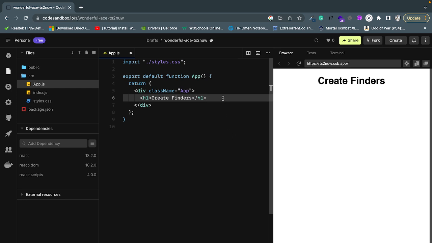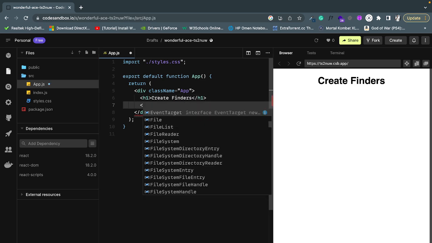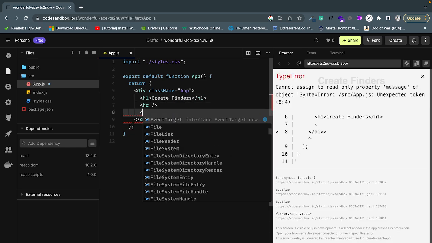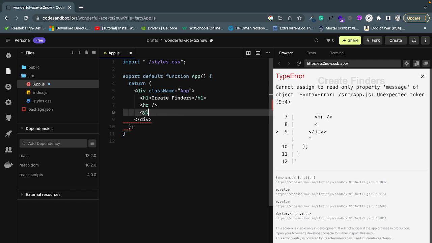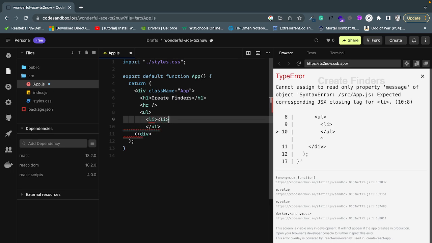So let me just tell you what all things we are going to use. Let me have a HR, and we are going to build, let me have some UL, and in this UL I can then have li to tell my list items. So the elements that I will be putting inside this application,